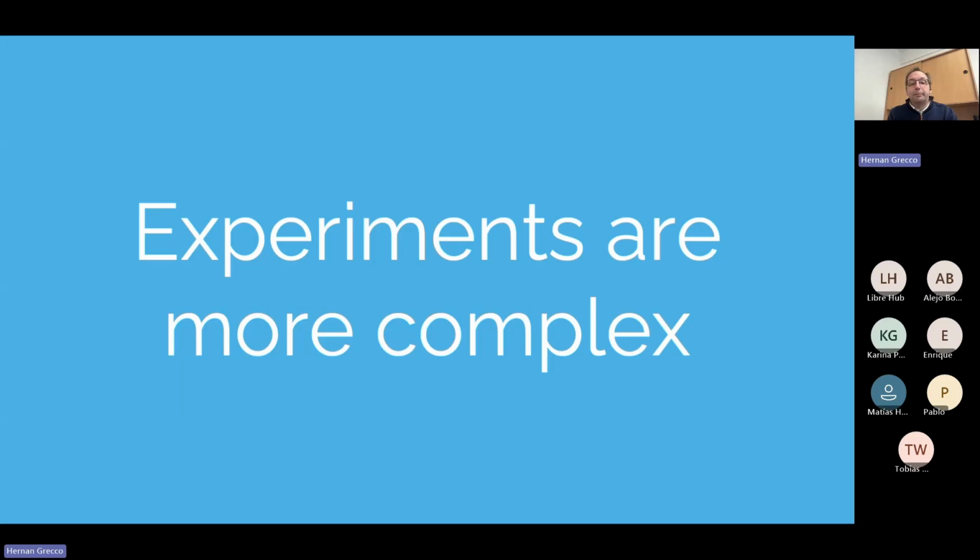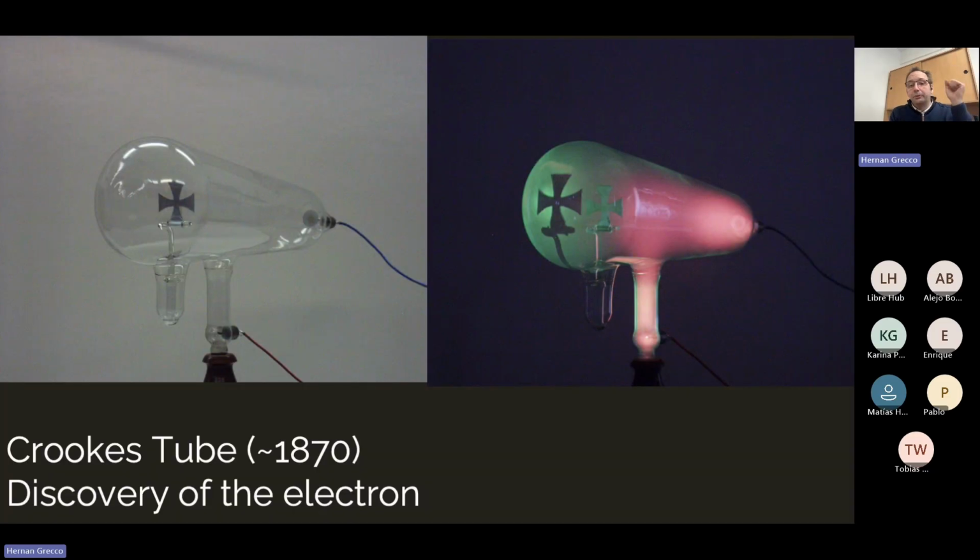But this sophistication has a price, which is complexity. To see how far we have come, we can also compare two pivotal experiments in physics. In the late 1800s, the electron, the first subatomic particle to be discovered, was found using a simple gas tube, the Crookes tube. It took a small setup to unlock this amazing discovery.